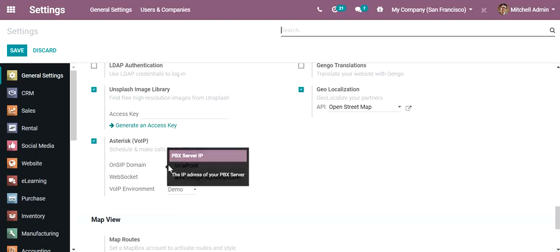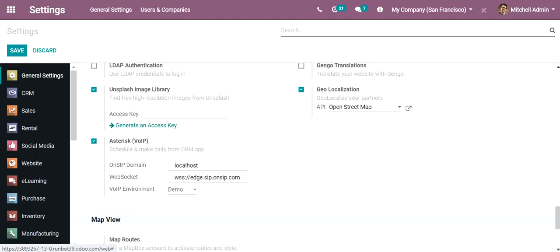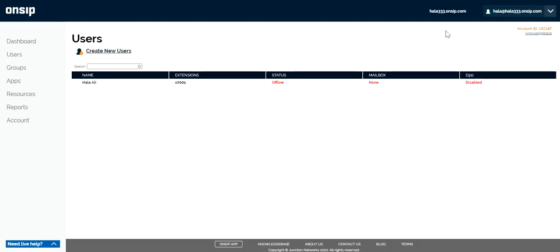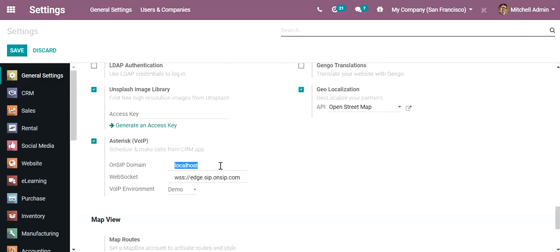In OnSIP domain, you need to enter the domain we chose when we created the account. My domain is hala333.onsip.com. I'll enter that here. Then the WebSocket will be the same, and the VoIP environment should be production. Then we'll save this.